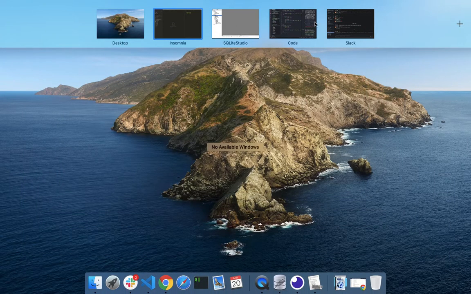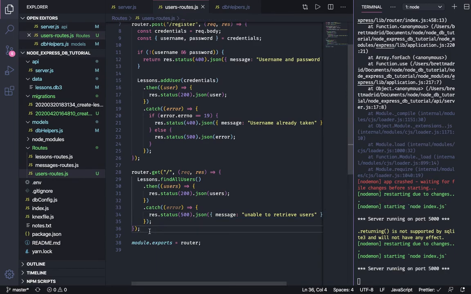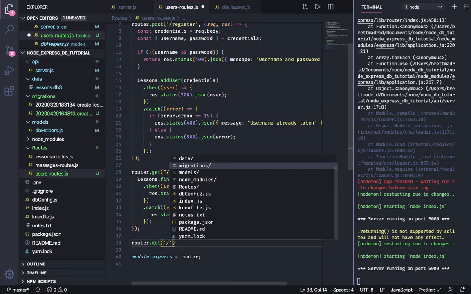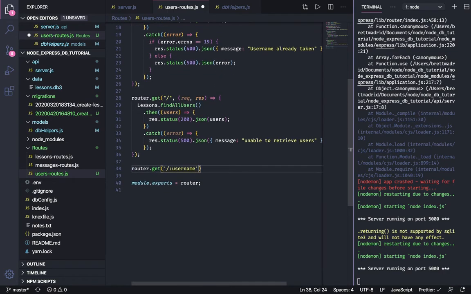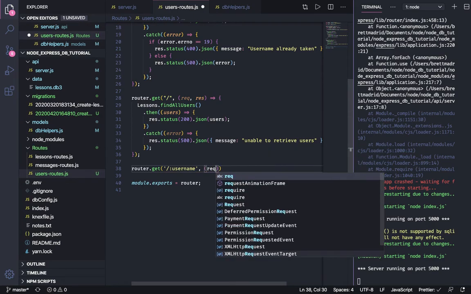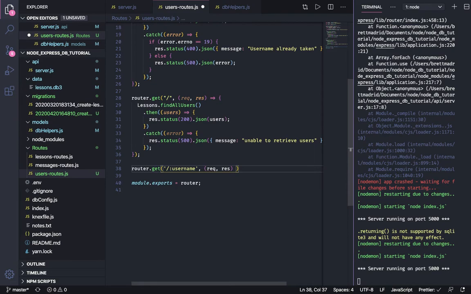Okay, let's write our last endpoint, our get by username. So router.get, and let's pass the username on the URL parameter. So let's call it :username. And let's say req and res, our homies. And we're going to pass this in on the req.params on the URL parameter. So let's deconstruct that. Const username equals